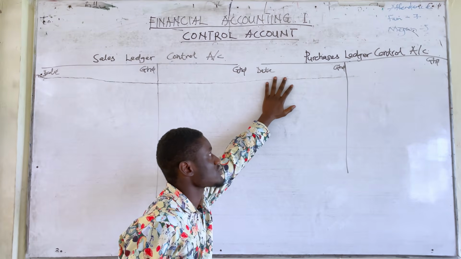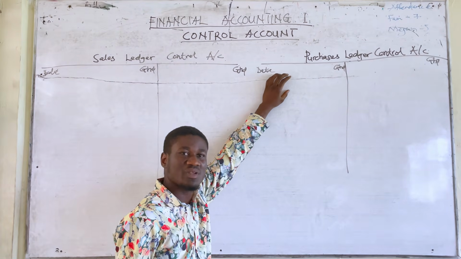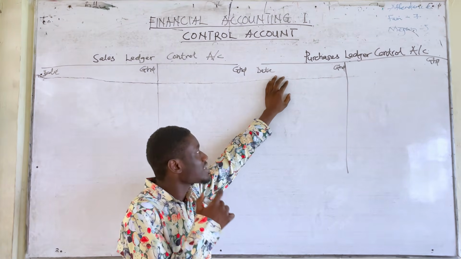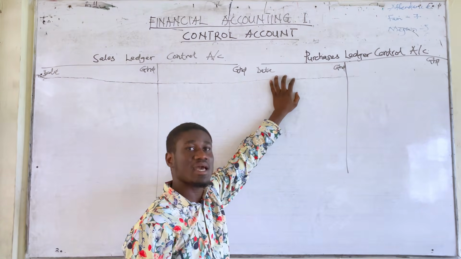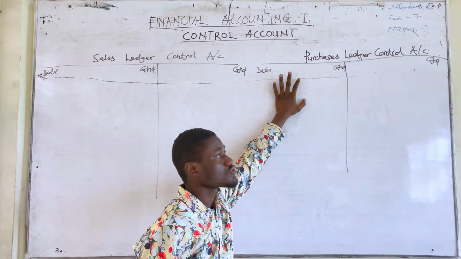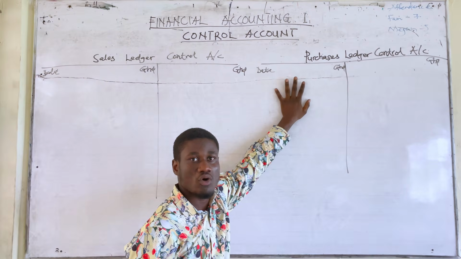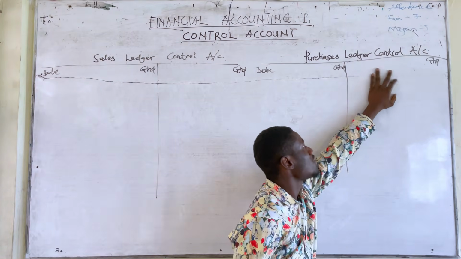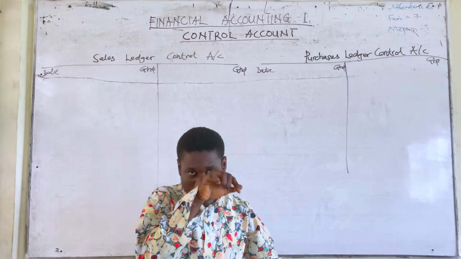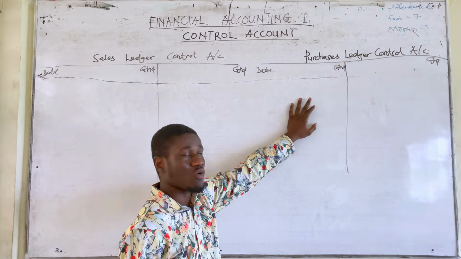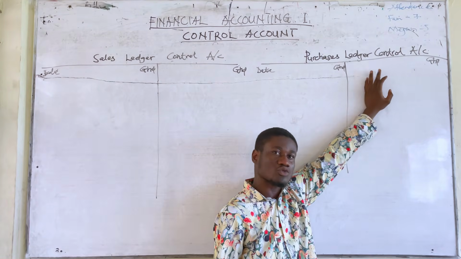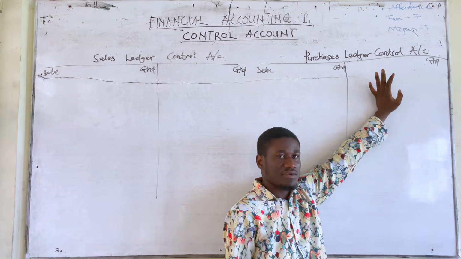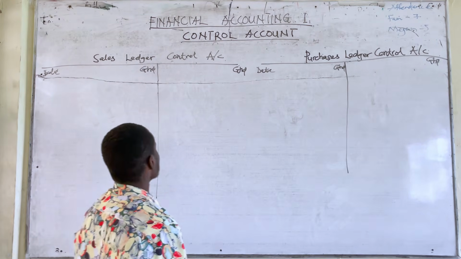If the question wants to tell you to report that opening balance at the debit side, it will show the DR, which means debit, beside the amount, showing I have to report the opening balance at the debit side. So when it's open or silent, we already know that the purchases ledger will have a what? Opening balance. So we just report the opening balance at the credit side. Good. So with the format,